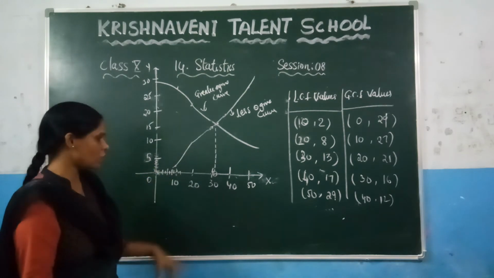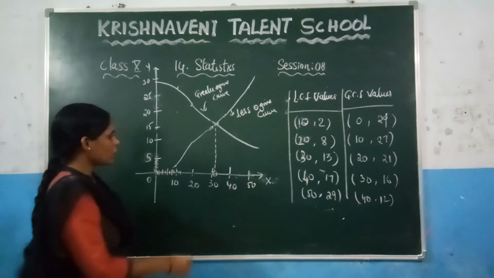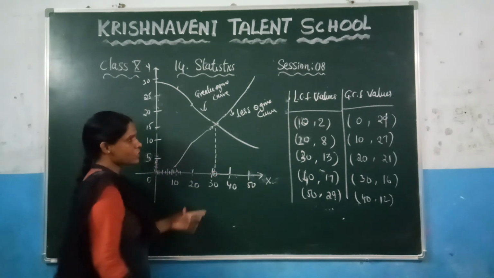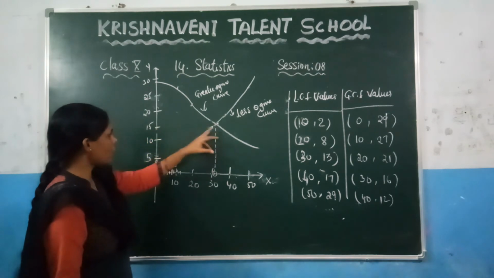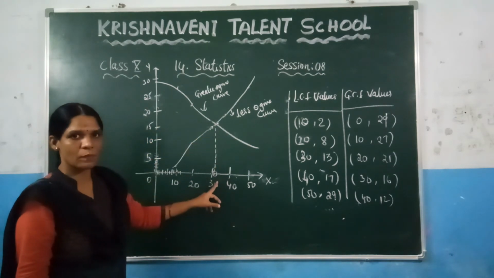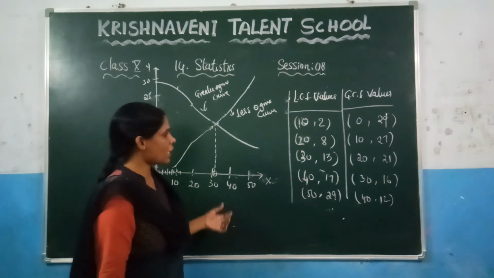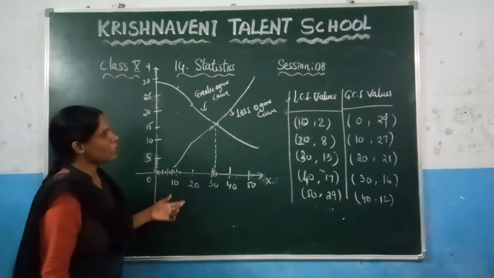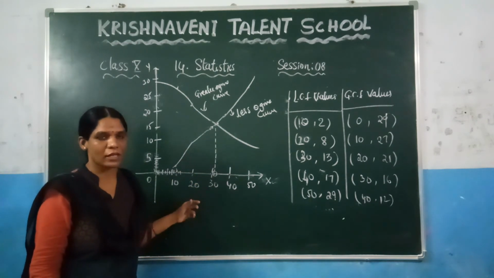Before also we have solved, so the same point we have got it here. If you remember, while calculating the less cumulative frequency graph, we have shown it here, we have drawn a line parallel to this one and this one, we got the same point which is the value of the median. Here also, if they ask in the exams, draw less ogive curve and greater ogive curve, based on that calculate the median.